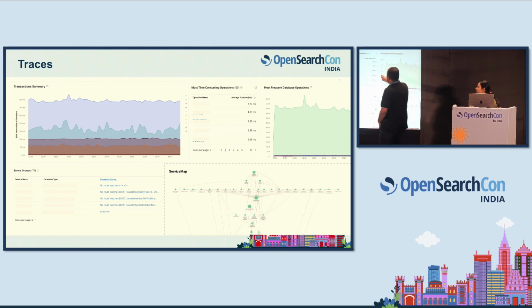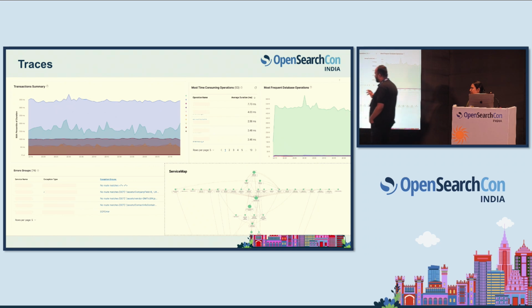Here you can see, I cannot show you my database names here. These are your average durations for databases. These are my transaction summaries. What are my transactions looking like? These are my patterns on my errors. Errors come with multiple things. Errors are similar, but there would be different names. We have created patterns on top of our errors.